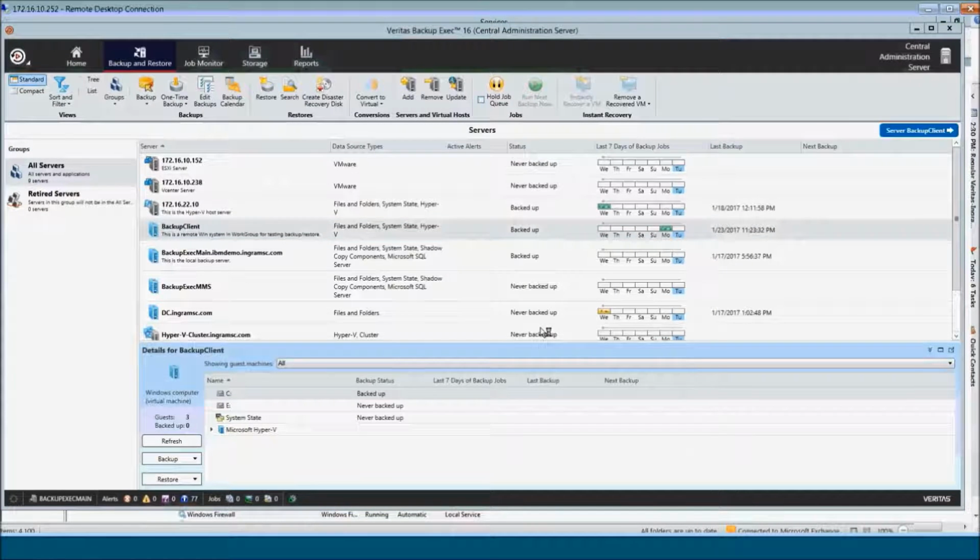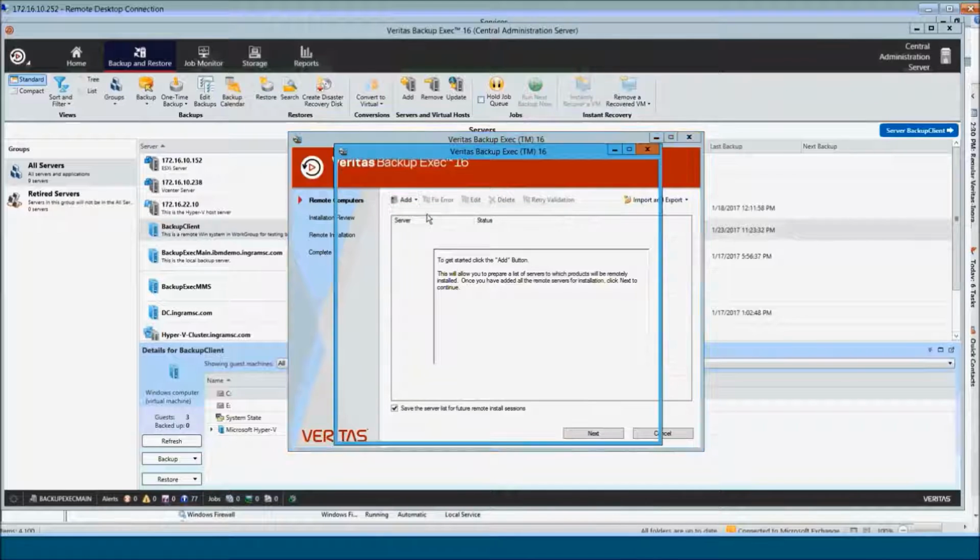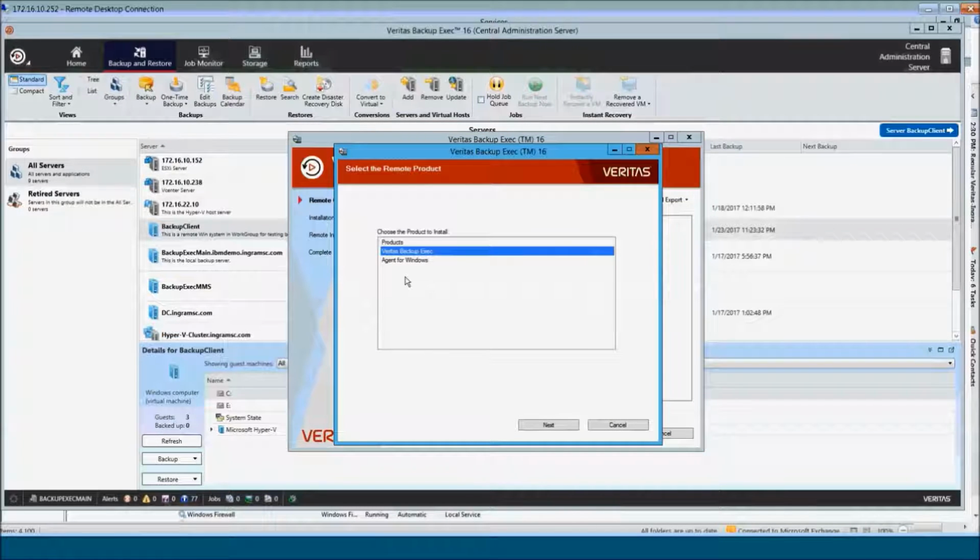So in this setup window, what we get is we have an option to add single or multiple computers depending on the number of remote servers we have. For this demo, I would be adding a single computer only. And then it gives me an option if I want to push a remote agent on this or if I want to configure it as managed media server. So for managed media server, I'm going to select Veritas Backup Exec,